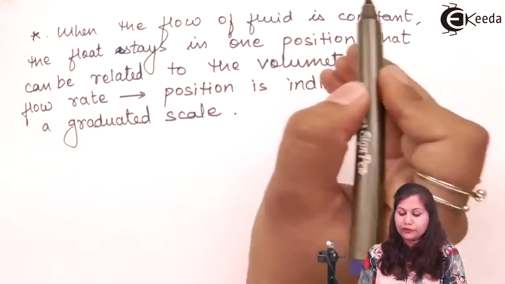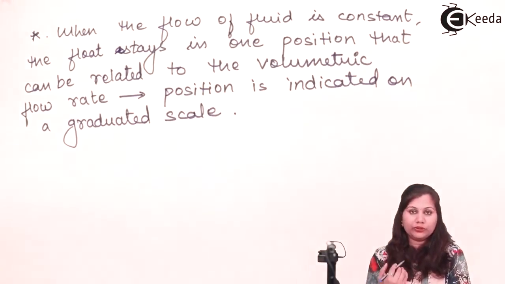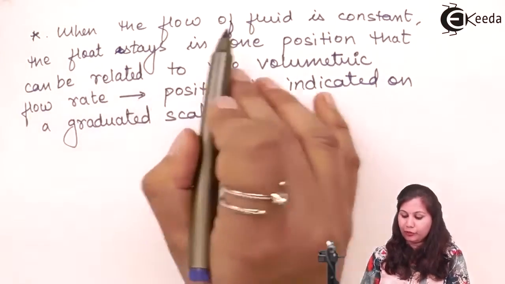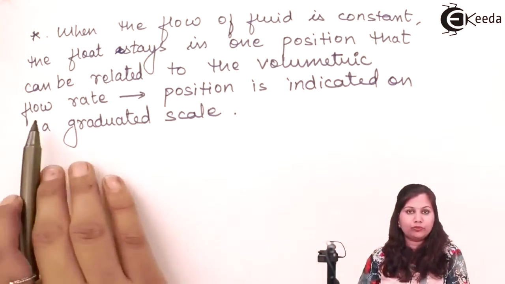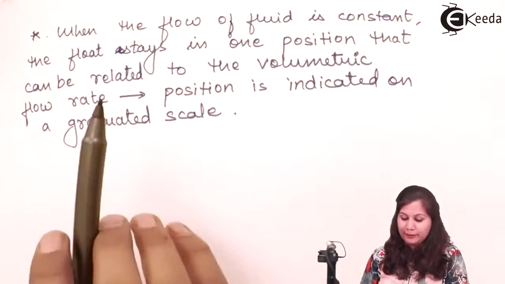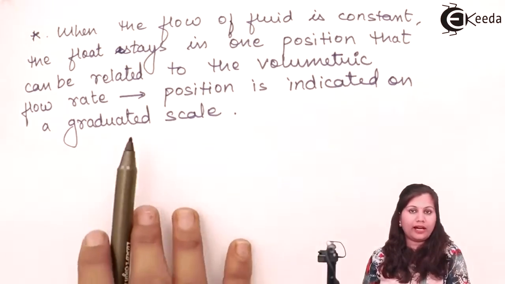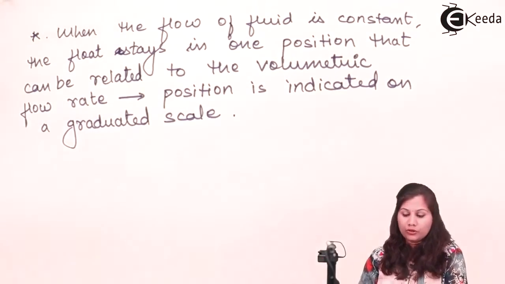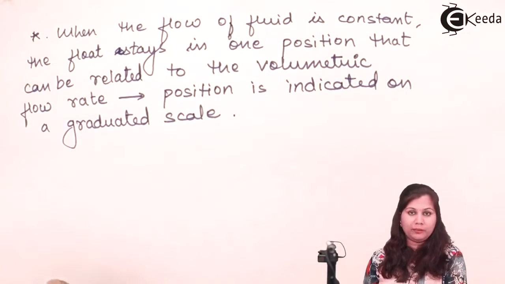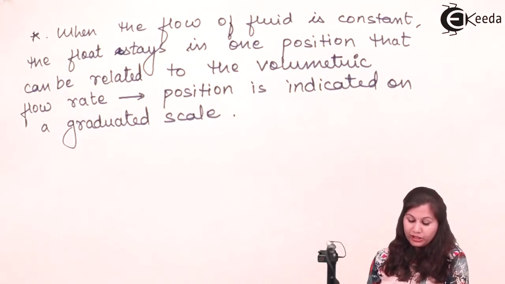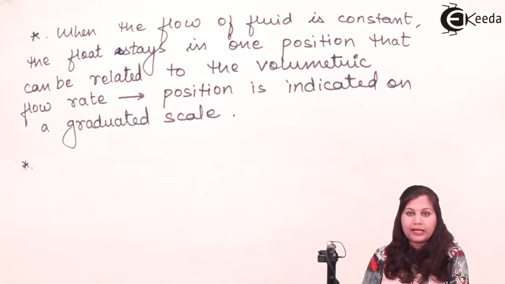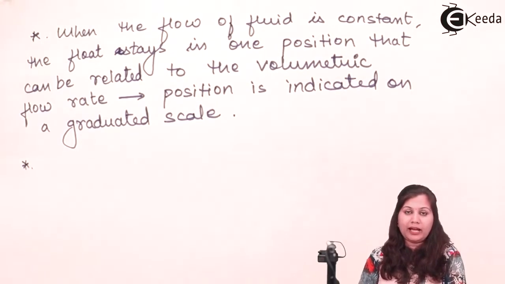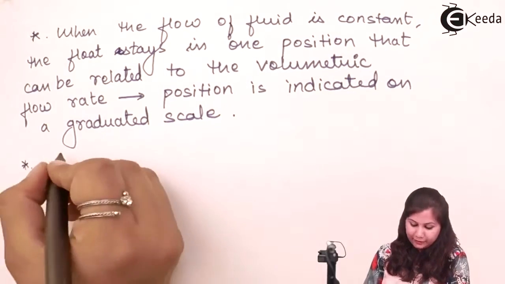So when the flow of the fluid is constant, meaning when both the forces are equal, the float stays in one position, and that position can be related to the volumetric flow rate, and that position is indicated on a graduated scale. Here one thing we have to keep in mind is that to keep the full force of gravity active on the float, the dynamic balancing should be there, and for the dynamic balancing, the tube,